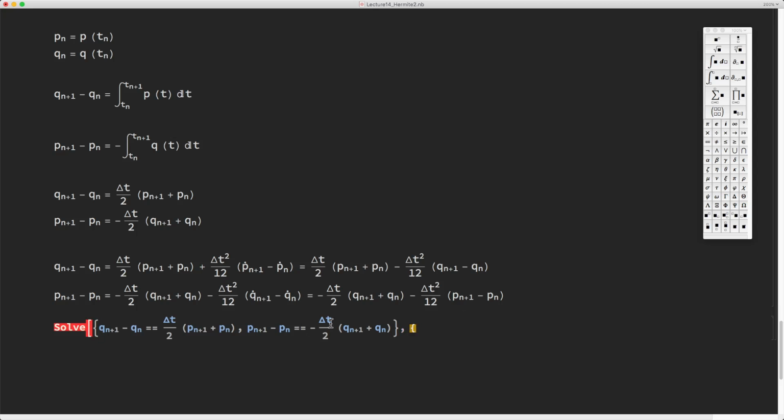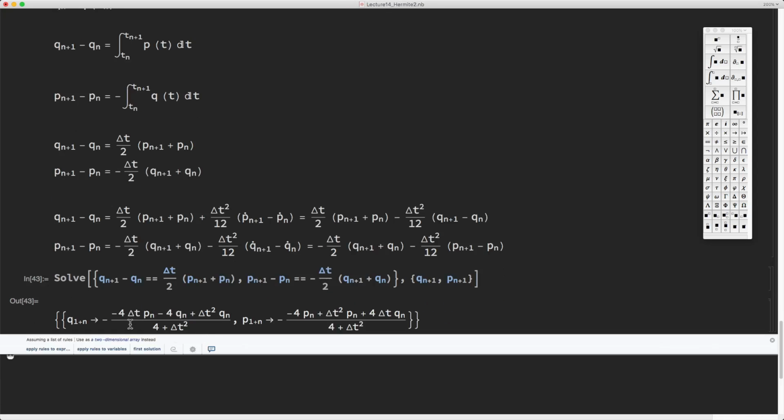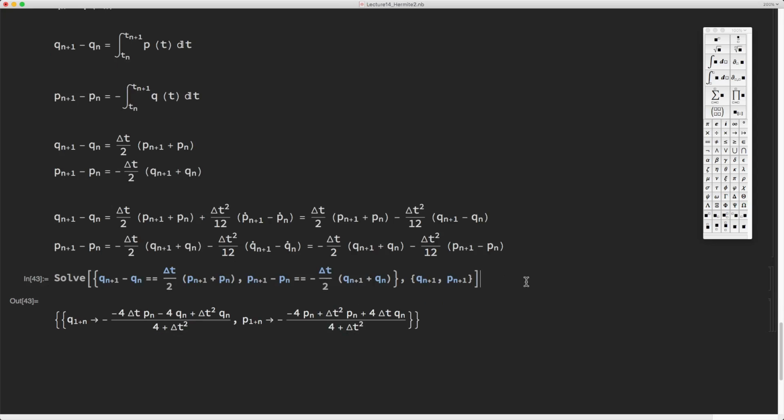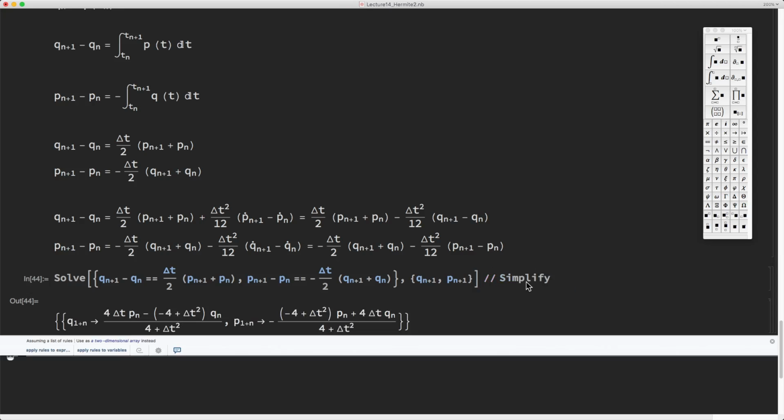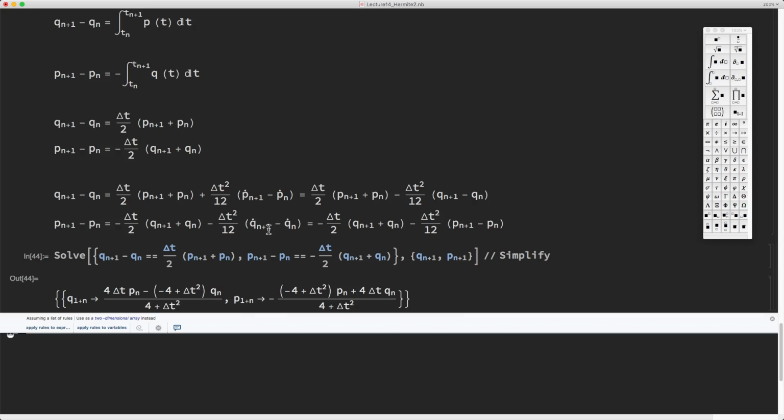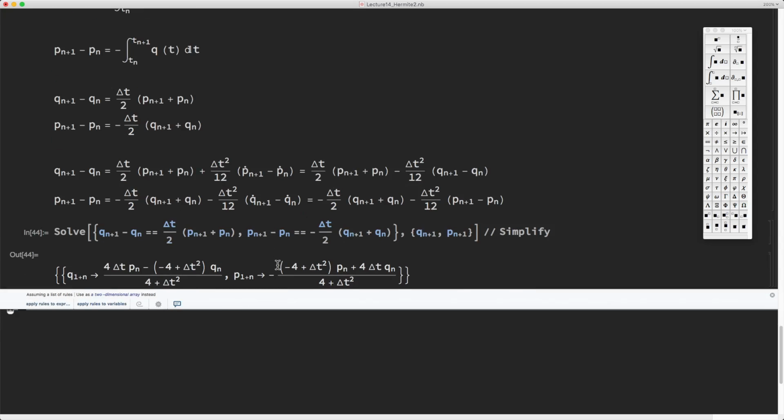And then the unknowns. So the previous time step is Pn and Qn. These are known quantities. And the unknown quantities are the future steps. These are Qn plus 1 and Pn plus 1. So if we ask Mathematica to solve this system for us, it will return a solution, because this is simply a linear system which you can solve by hand. And we can simplify these expressions a little bit. Okay, so now if we want to evolve this system forward in time, we can